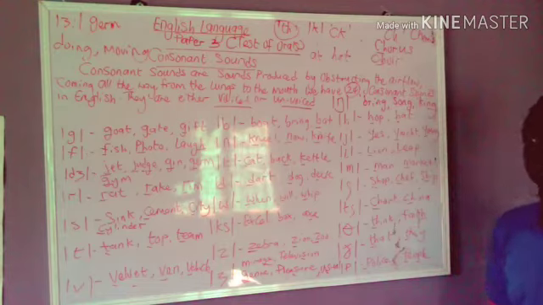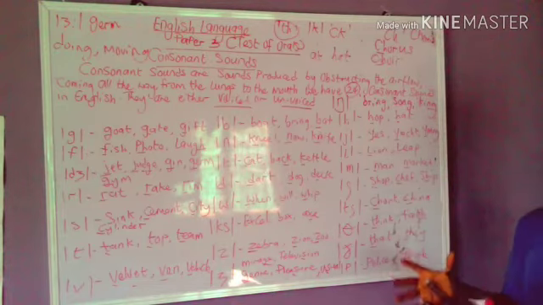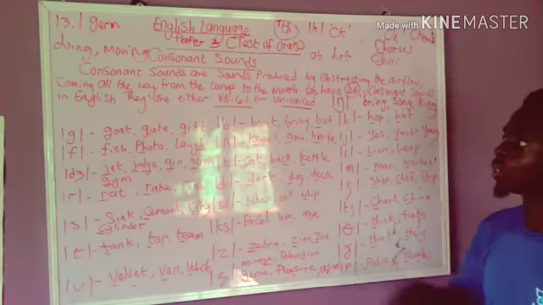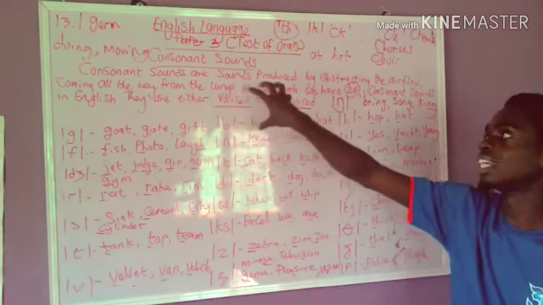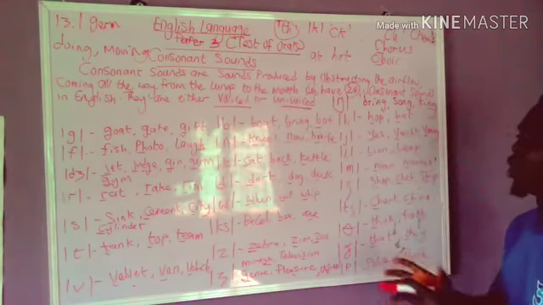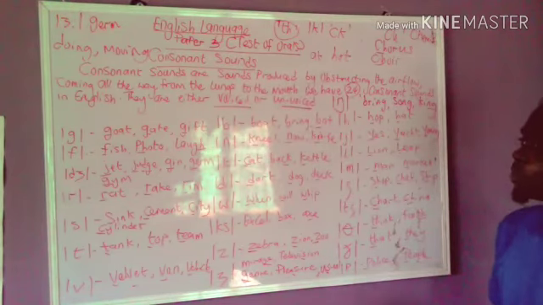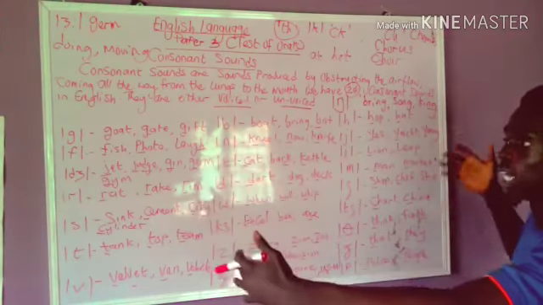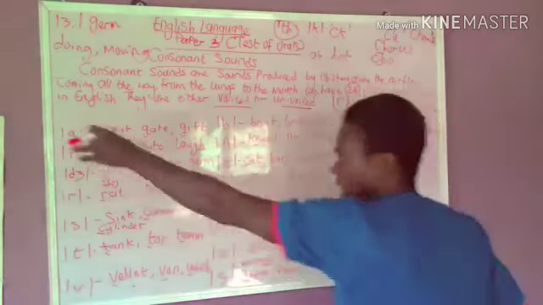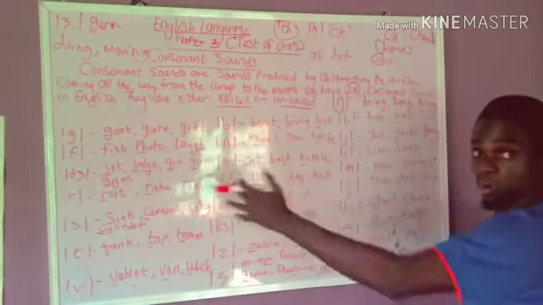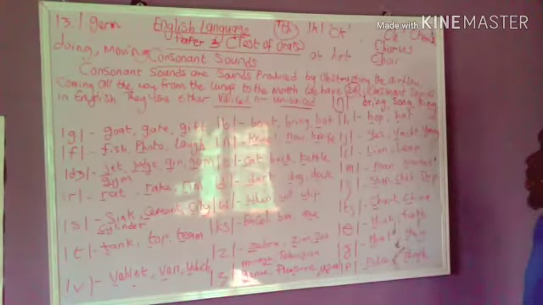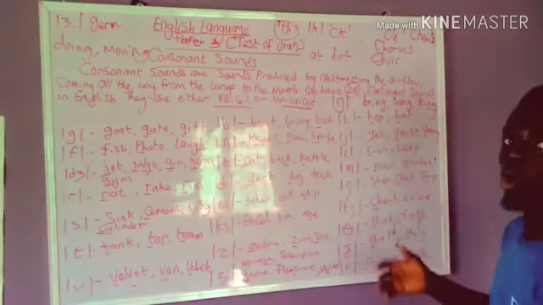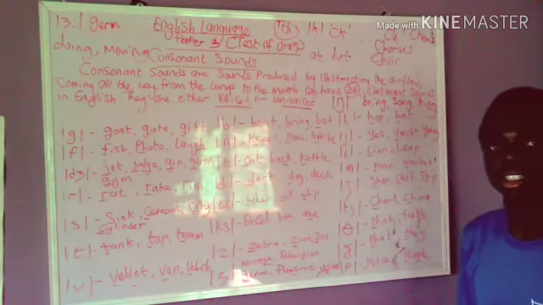So I hope you've been able to get the pronunciation of all the consonant sounds. Now back to the class exercise. I told you how to differentiate between a voiced and unvoiced consonant sound. So what you're going to do now is, in a tabular form, put voiced on one side and unvoiced on the other. You're going to classify all these sounds under voiced or unvoiced, and you put your answers